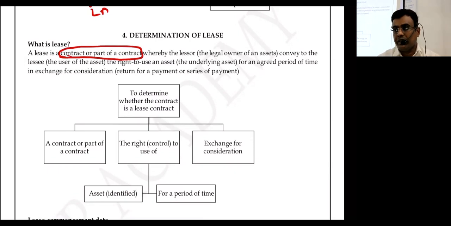In IND AS 103, we introduced legal and beneficial. Yes or no? In a reverse merger, the beneficial owner is the accounting acquirer, and the legal acquirer is the other. Yes or no? There are two persons, the accounting acquirer and the legal acquirer. Okay. So understand from this: legally, I am the owner. Accounting-wise, who is the owner? The business company. Is it clear? Now convey to the lessee.